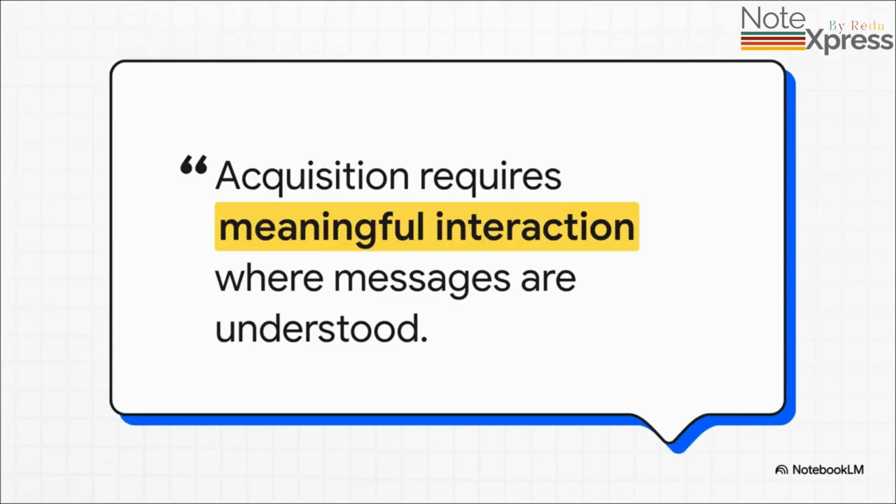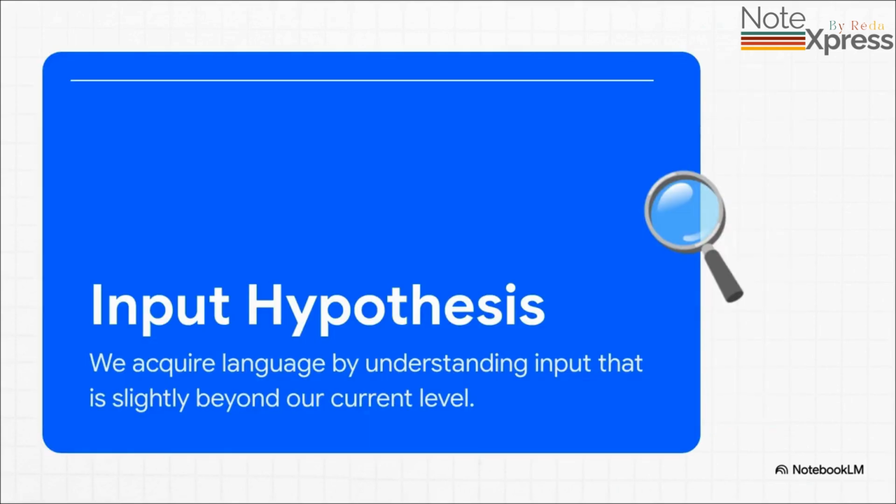So, why does a super simple approach work so well? Well, it's all grounded in the work of the legendary linguist Stephen Krashen. He famously said that we really acquire language when we have meaningful interactions where the main message gets understood. The goal isn't perfect grammar right away, it's all about comprehension. And that brings us to his core concept, the input hypothesis. Basically, we learn a new language when we're exposed to stuff we can mostly understand, but that also has language just a little bit beyond where we are right now. A simple visual is the perfect example of this comprehensible input.